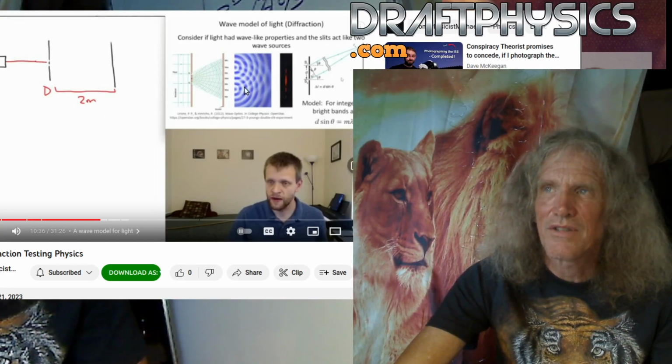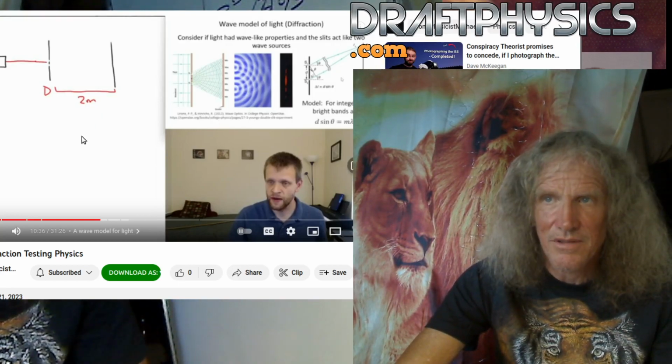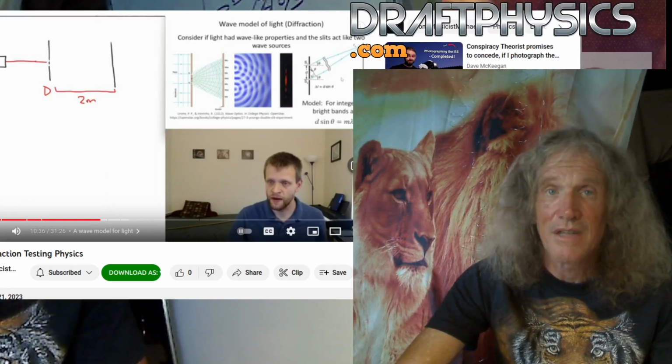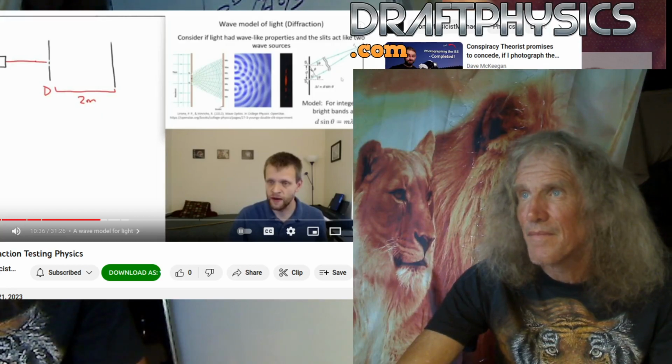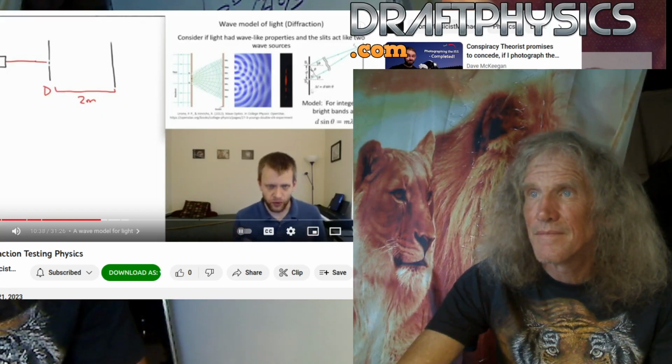to do this single slit analysis using a double slit pattern. Let's see how he proves a double slit pattern with single slit analysis. So based on this model, we're not going to go into the full math for this,